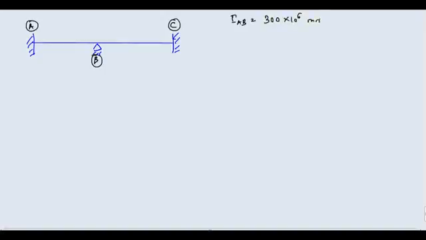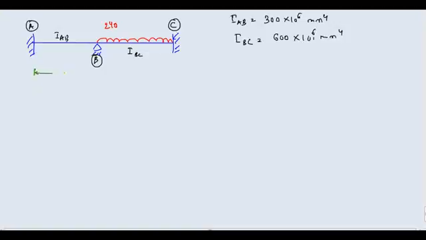इनर्शिया ऑफ AB तुम्हें दिया हुआ है 300 × 10⁶ mm⁴। इनर्शिया ऑफ BC तुम्हें दिया हुआ है 600 × 10⁶ mm⁴। ठीक है। ये तो मैंने इनर्शिया दे रखा है, इसका इनर्शिया I_AB दे रखा है, इसका इनर्शिया I_BC दे रखा है, ठीक है। और यहाँ पर तुम्हारी लोडिंग लगी हुई है, इस वाले स्पैन पर यूडीएल लगा हुआ है 240 न्यूटन पर मीटर, ठीक है। इस वाले स्पैन की जो लेंथ है वो है तुम्हारी 15 मीटर्स, और इस वाले स्पैन की जो लेंथ है वो है 20 मीटर्स, ठीक है, समझ गए होगे।